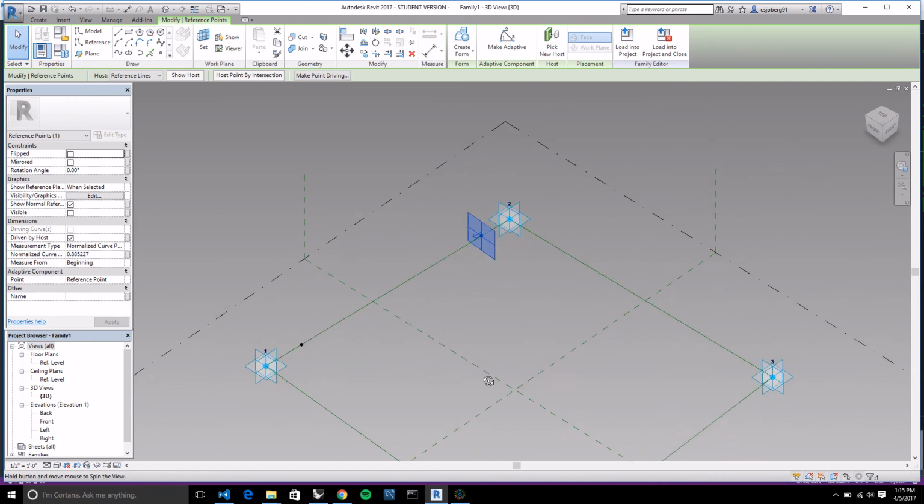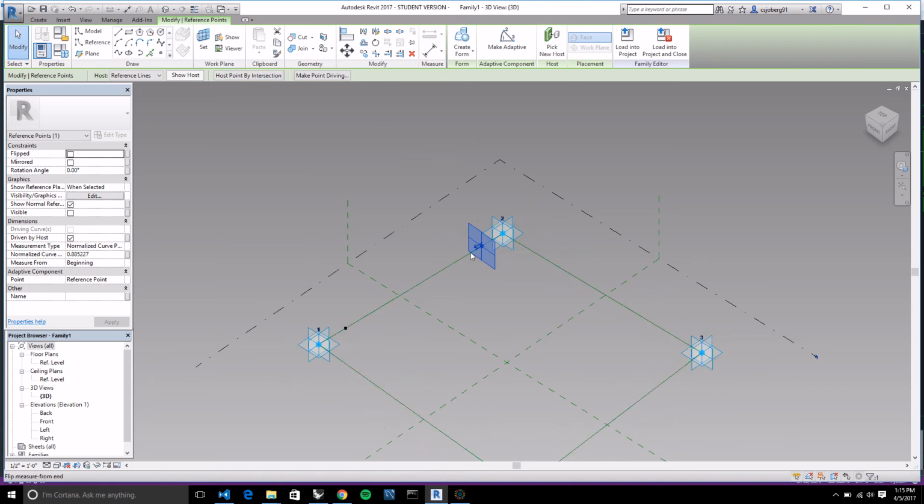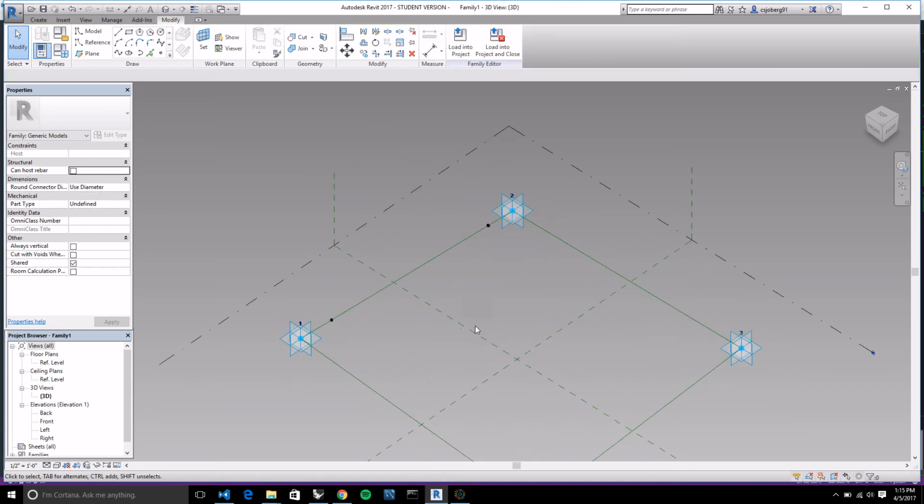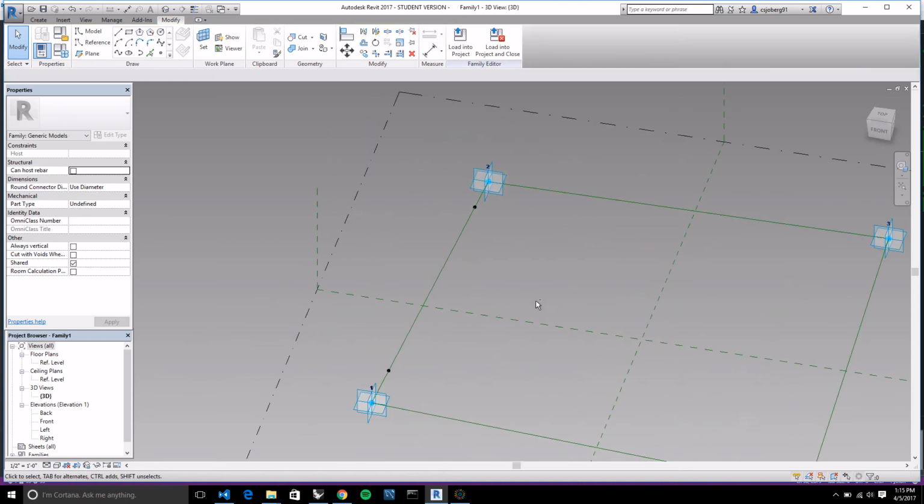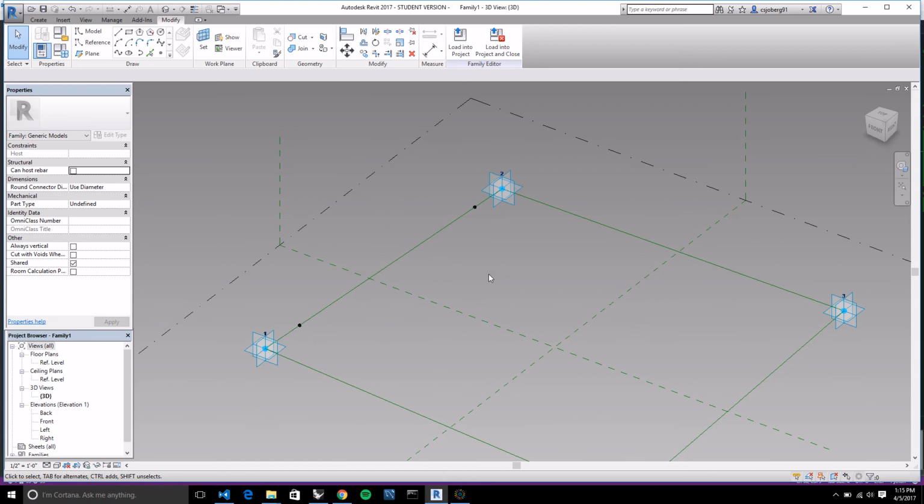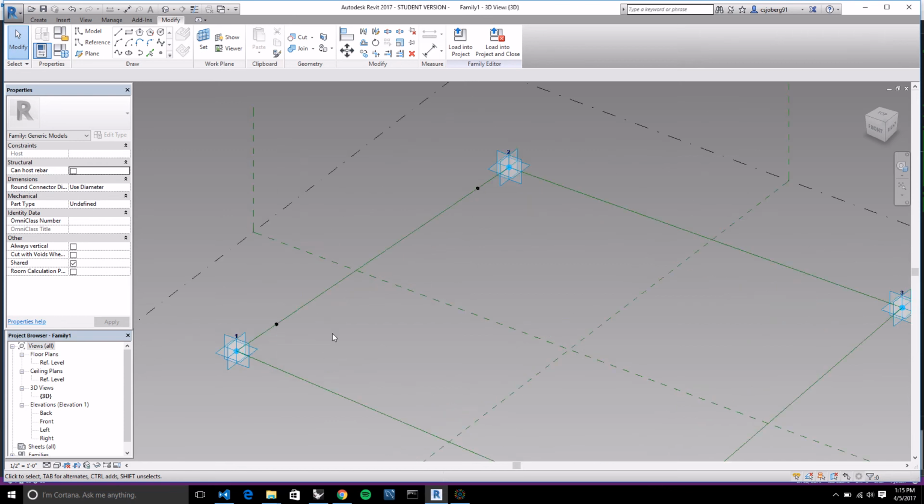So that normalized curve parameter can help us to adjust the location of these. So let's start building a little bit more geometry based off of our points that we have now. What we're going to create is a louver that we can adjust the rotation of and the depth of for our adaptive component here. So what I'll start by doing is setting my reference plane, and I'll select that point,